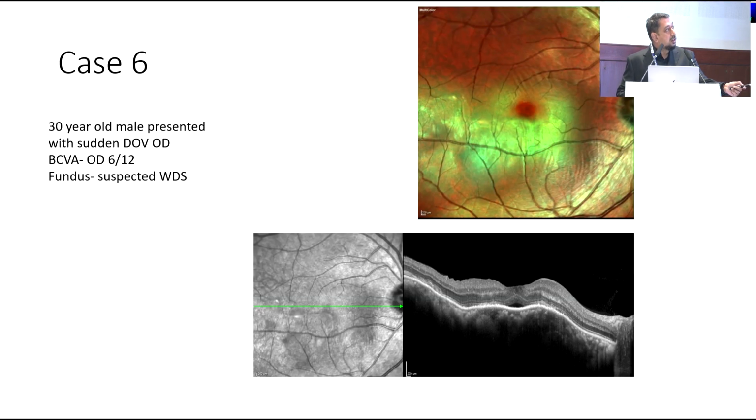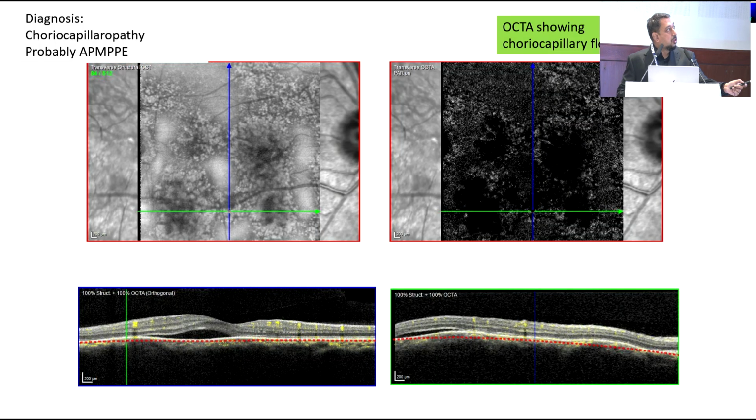In inflammatory conditions, this is a multicolor imaging showing the green shows a bit of elevation, a placoidal type of lesion. You see the elevation over there, and you suspected a white dot syndrome. Here you see large areas of choriocapillary dropout, again diagnostic in OCTA posterior uveitis, and this was a choriocapillaris